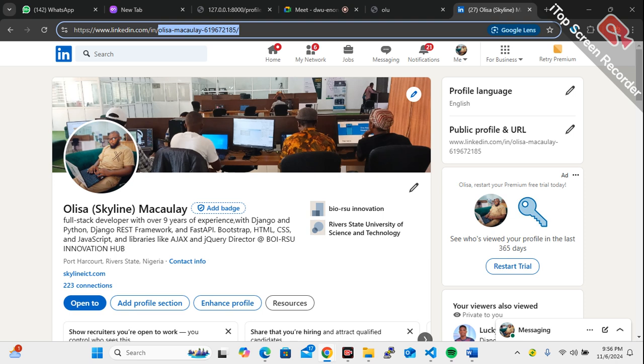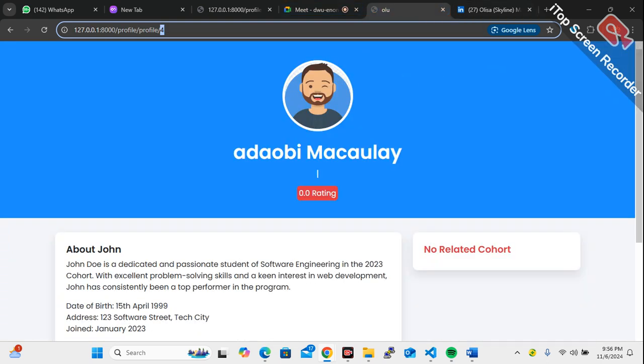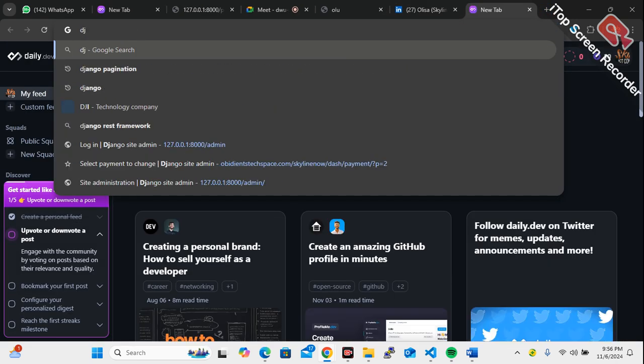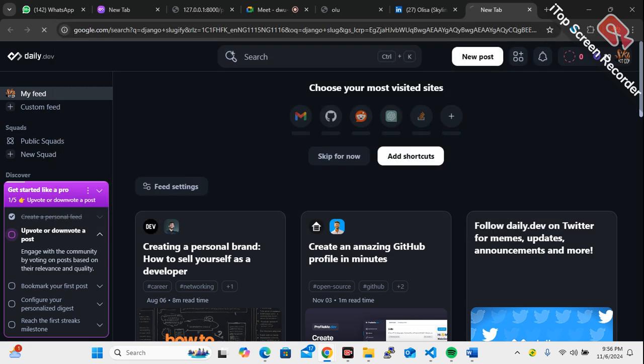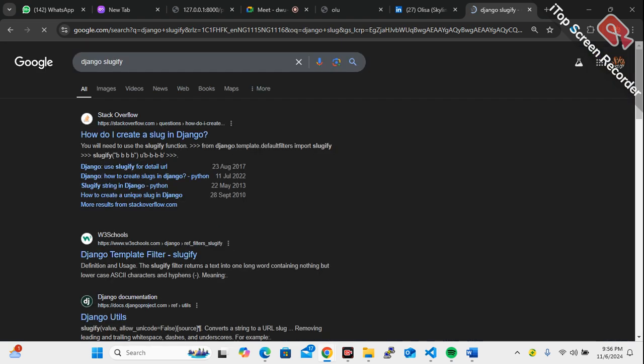Before we do this, we need to update. We need to look at what they call slug. The slug, when it comes to Django, the Django slug. So this Django slug